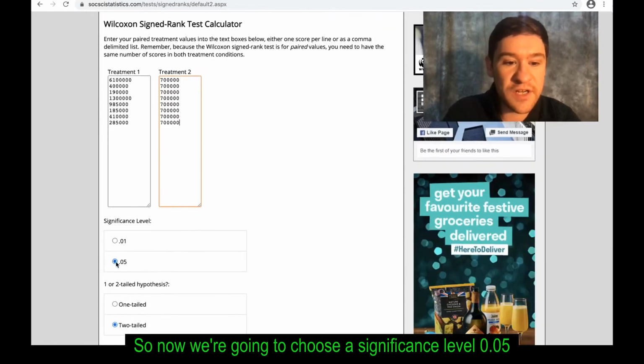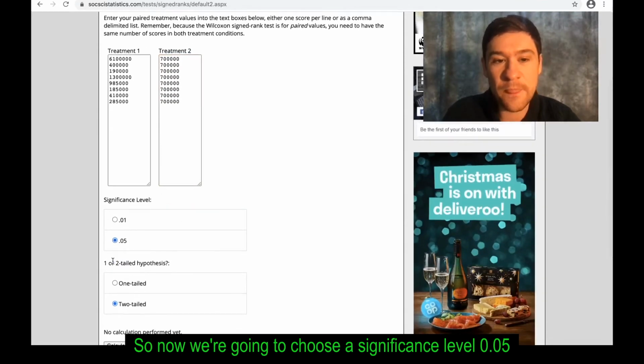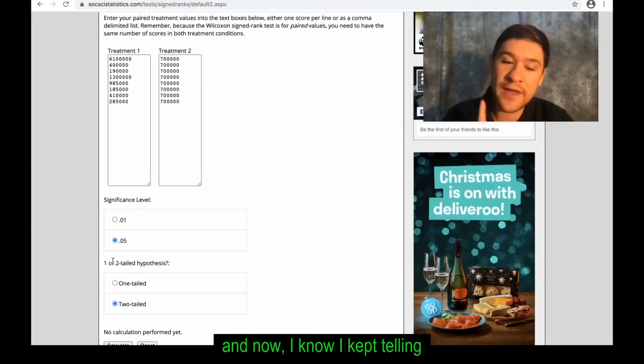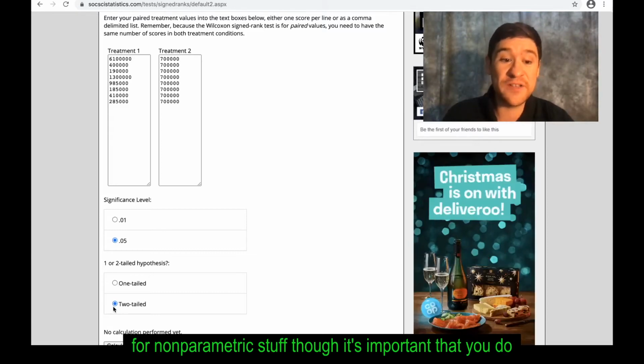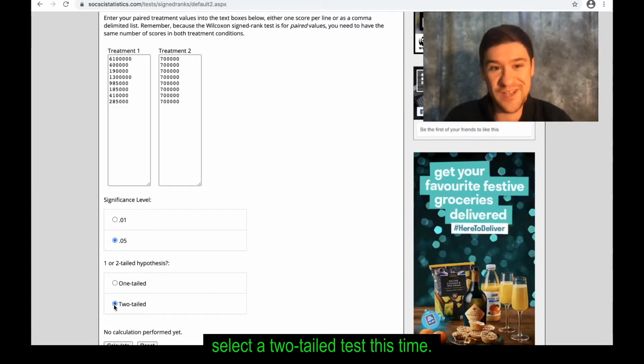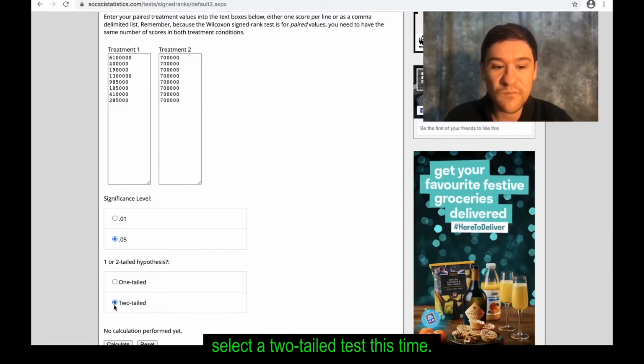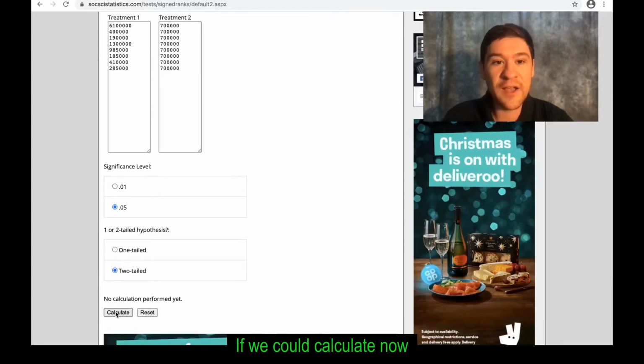So now we're going to choose a significance level of 0.05. And now, I know I kept telling you, always select a one-tailed test. For non-parametric stuff, though, it's important that you do select a two-tailed test this time. So if we click calculate now,